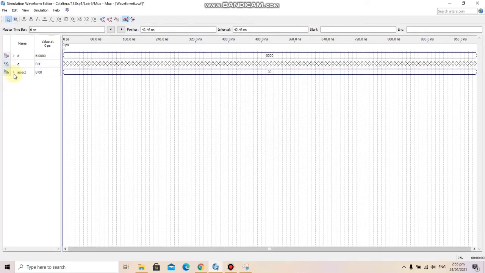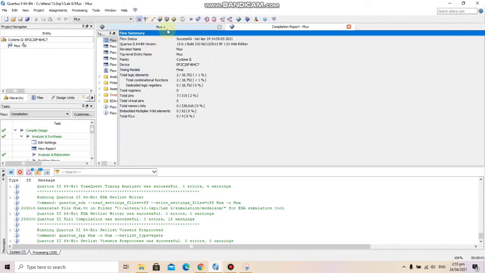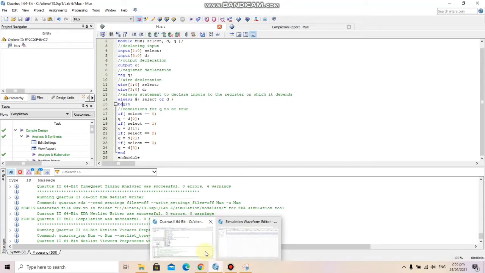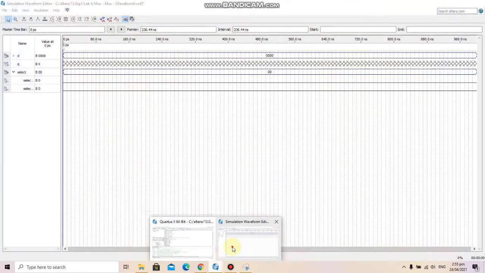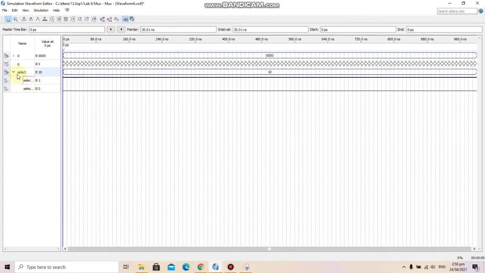As in the statement we saw in the code, let's implement the third one: if select equals 2 and D2 is high, then the output should be Q. Let me change the value of select to 2. So select is now 2.